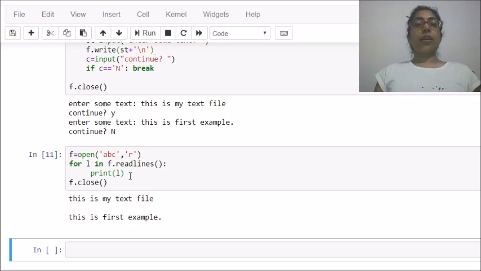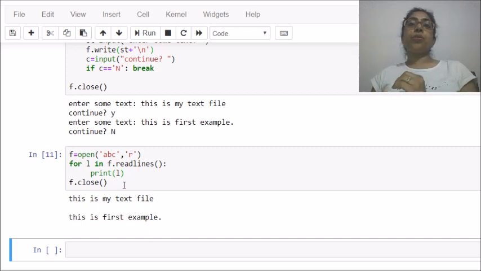Okay, and similarly these readlines, read and readline, 3 functions can be used as per the question. Suppose the question comes to display number of words in the file or number of lines in the file or number of characters in the file.